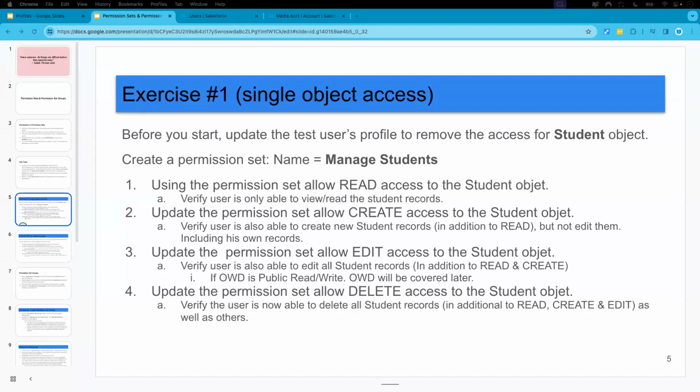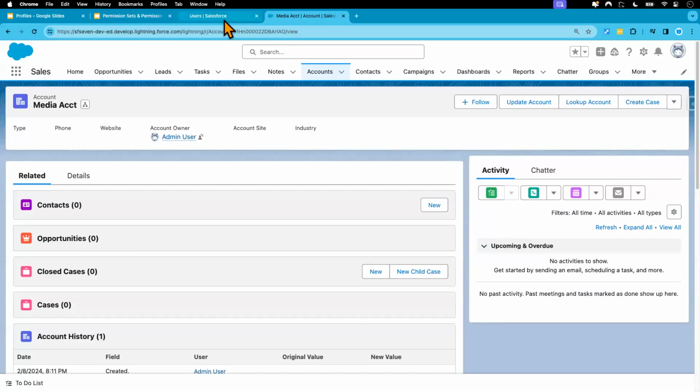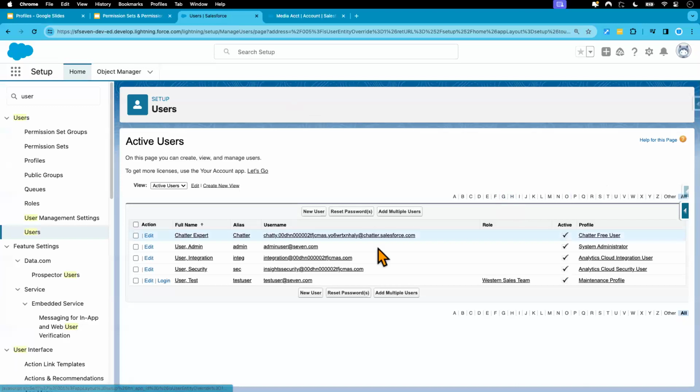In this scenario, we're going to be completing this assignment or task about permission set. What it says is, we have one prerequisite: before you start this assignment, update the test user's profile to remove the access for the student object. So we have this custom student object, and if the test user's profile has access to the student object, we're going to remove that